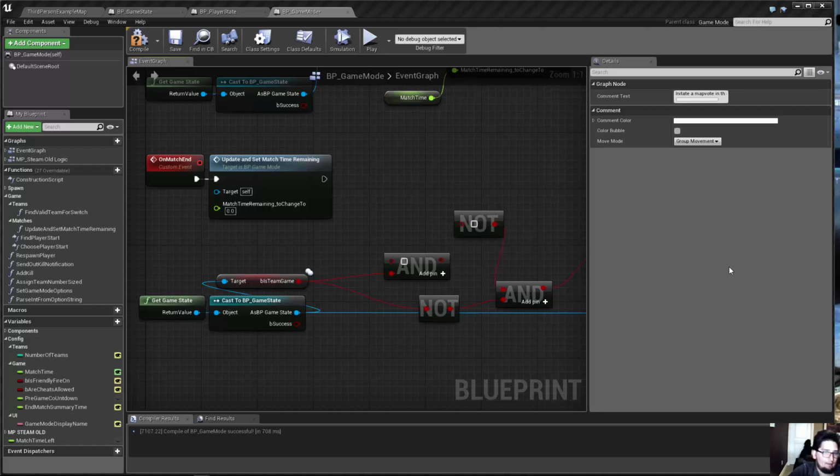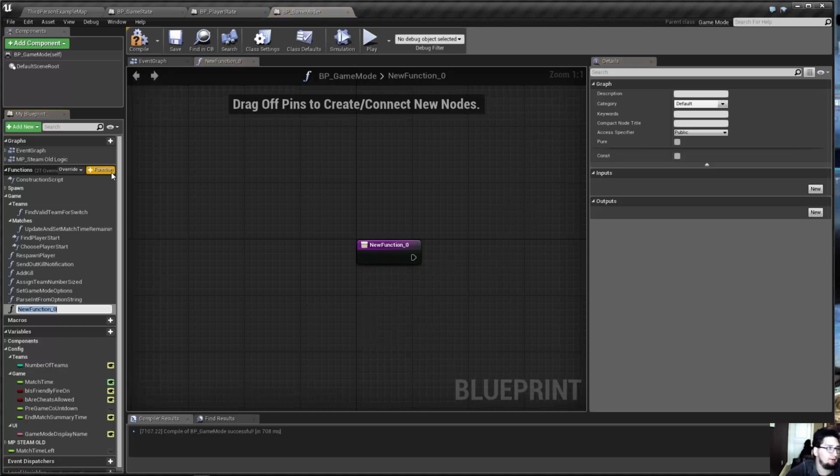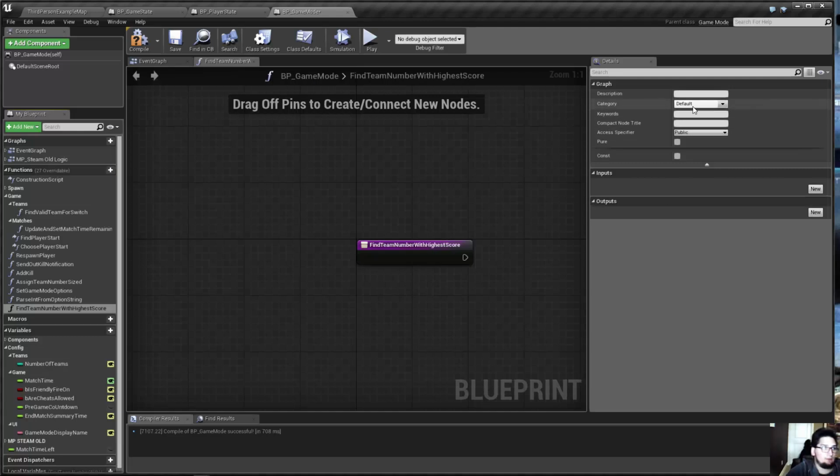Let's try to finish this function here. So we need to get the highest ranked team number. We need the team number that has the most number of kills on it. So it'll be a lot simpler than ranking the player states, though, trust me. So create a new function. We'll call it find team number with highest score, and this will be under